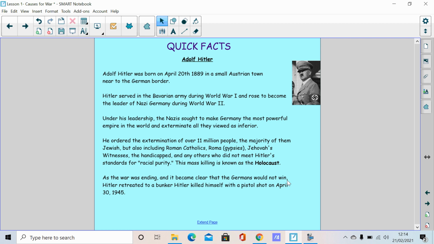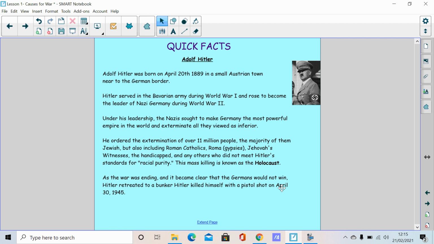And like I said, he's a major cause for World War II. The leaders around the world did not trust Hitler. They found him to be quite a sneaky man, and saw that he had the potential to be very dangerous in terms of leadership. And this little bit down here is just more about him after as the war was